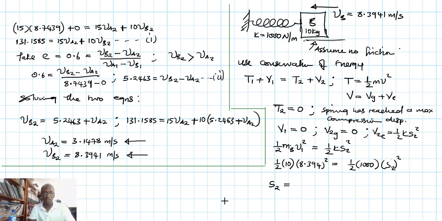So if we calculate this, we have 0.5 times 10 times 8.3941 squared divided by 0.5 times 1,000, and then the square root of that. Then we have our displacement at 0.8394 meters. I guess this is the final solution, and this displacement is in this direction,